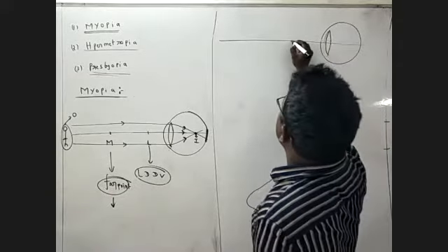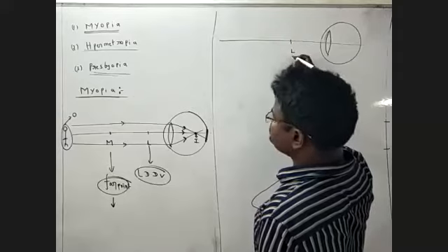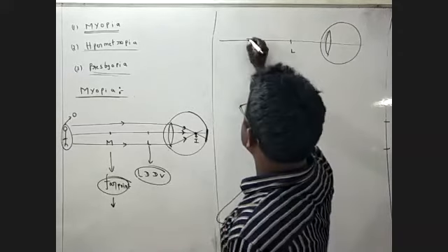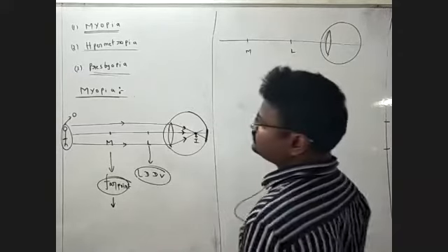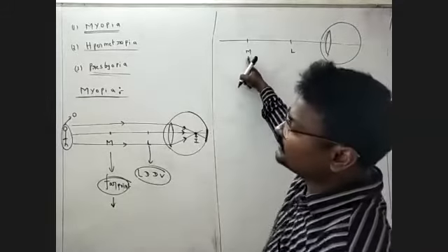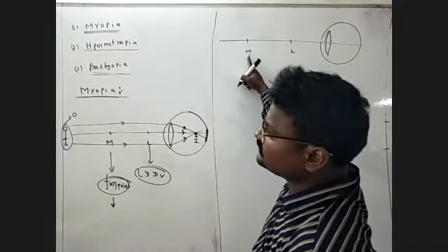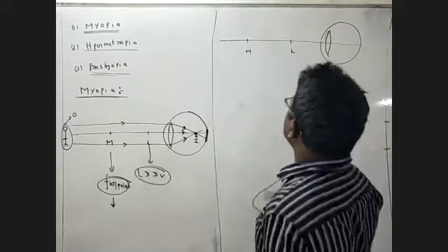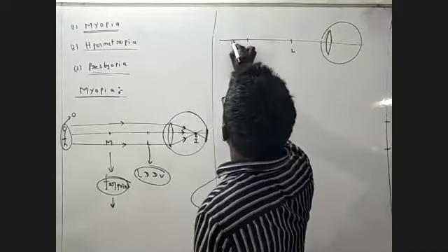This is the least distance of distinct vision. This is the near point. It is denoted by the letter N. It is the near point, the least distance. So here, the object is